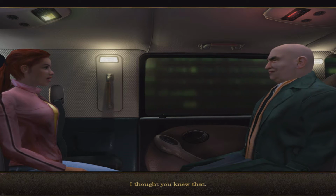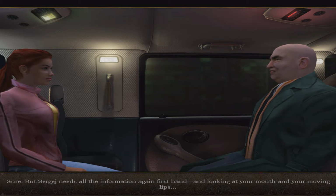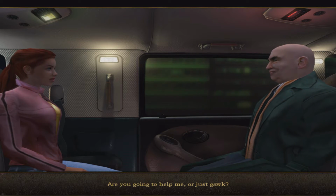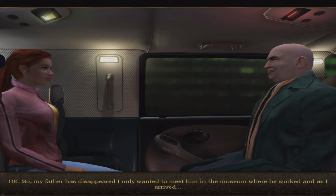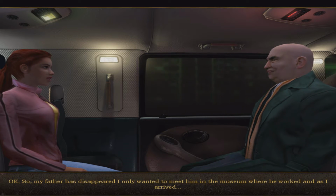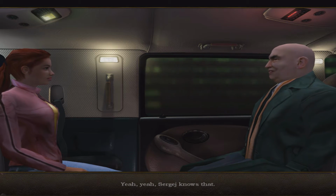I thought you knew that. Sure. But Sergei needs all the information again firsthand. And looking at your mouth and your moving lips. Are you going to help me or just gawk? How does the saying go? One hand washes the other. Okay. So, my father has disappeared. I only wanted to meet him in the museum where he worked. And as I arrived...